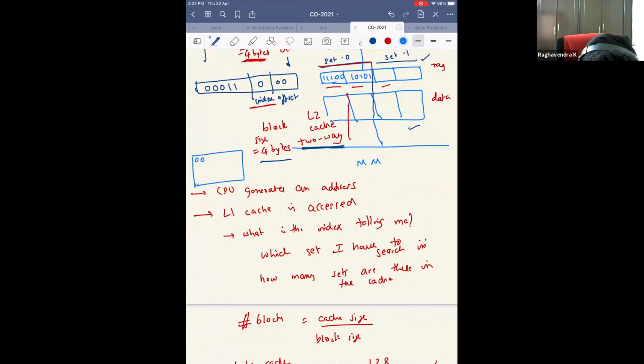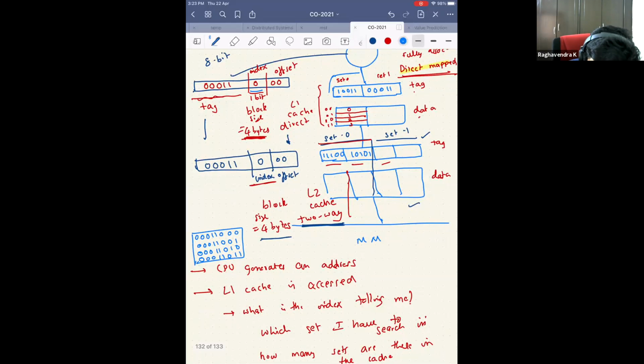I should have 000111000, and then the same address 01, and then 10, and so on. I want a block which has these 4 bytes. So this is what I send. You can see that the first 6 bits are common. Only 2 bits change because of the 4 bytes that you are talking about. So I send it to the main memory. The main memory will say, okay, I have this block for you, and it sends this block back.